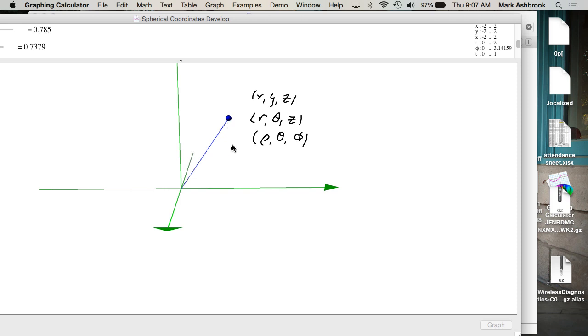No, the meaning of z for this point. Yes, it's distance up from the xy plane, right? Something like this. That's z. Okay? And then